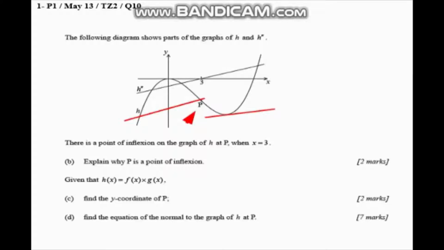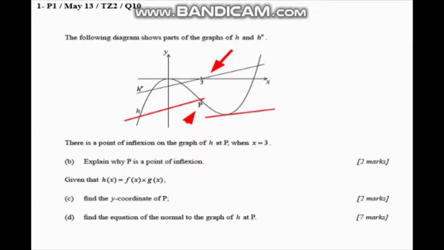So P is the point where the curve changes concavity. So hence P is also the point of inflection. But you needed to refer to the fact that h double dash changes sign as given in the linear graph. So moving on to question C,